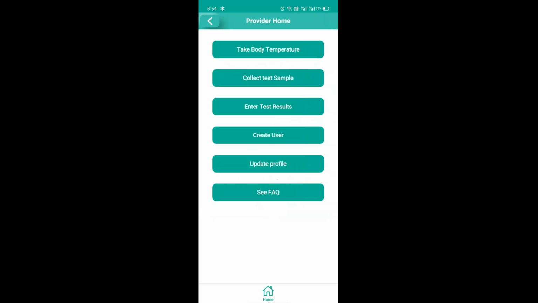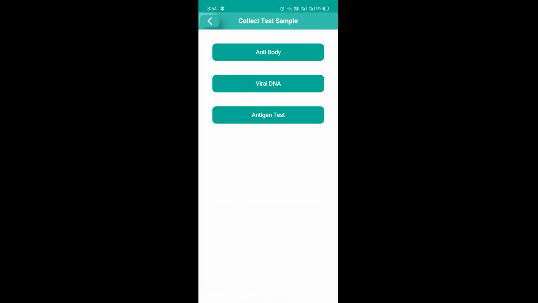Once they verify a user's identity, their picture and their name gets locked in our system. So they cannot go back and change their picture once their identity has been verified. Essentially, it means that once you test negative, we know who tested negative, and your name and picture, everything gets locked there. So this is the provider.